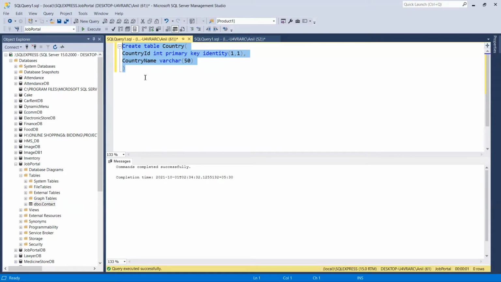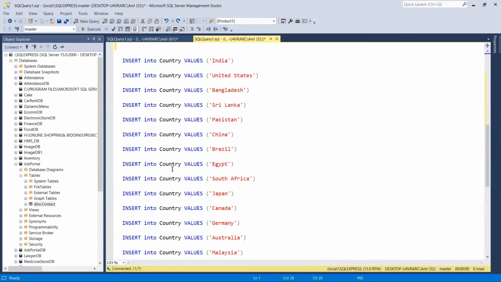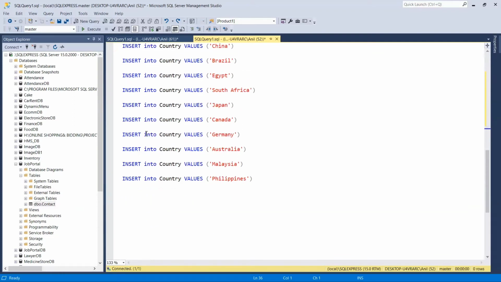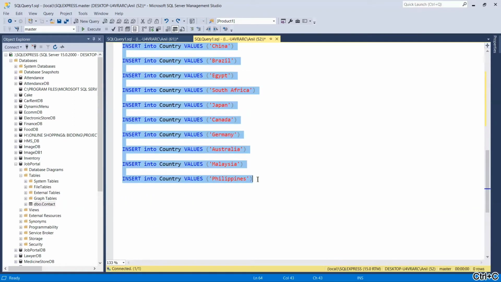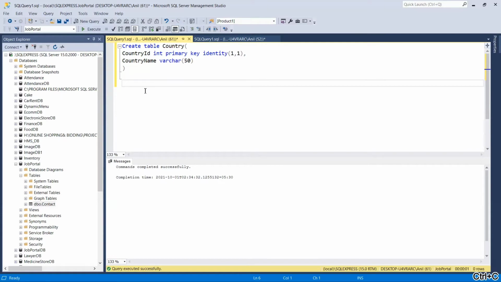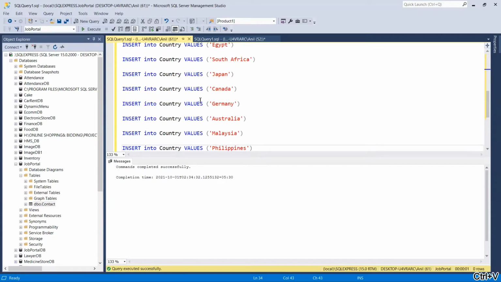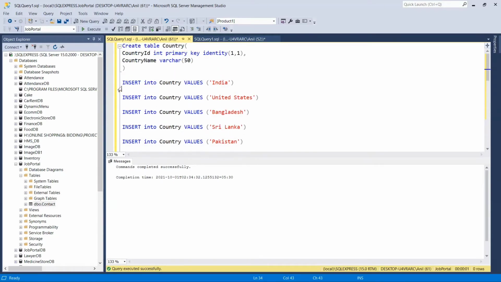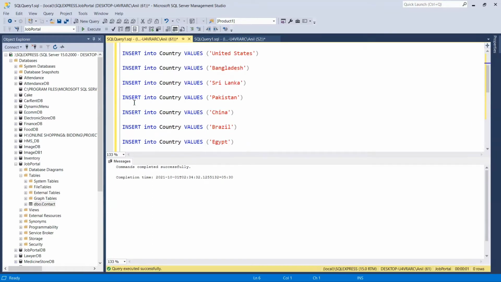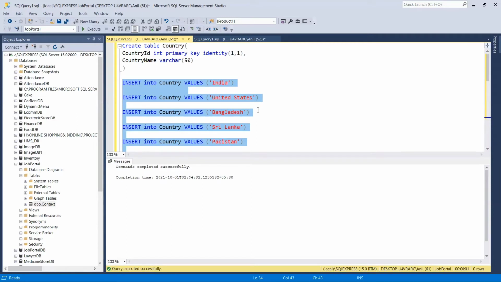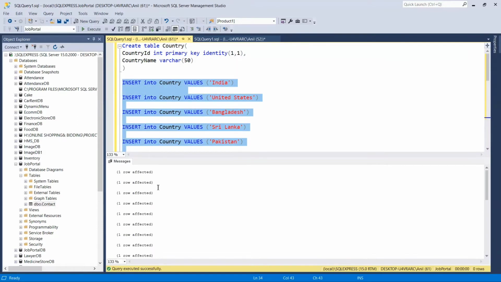Now we want to insert some data into this table. I already have this country data, so I just have to execute. So it's been inserted in our table.